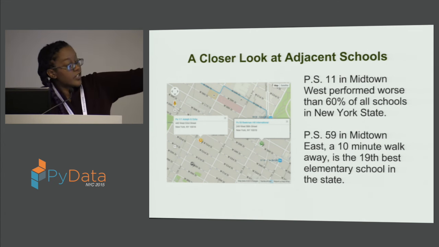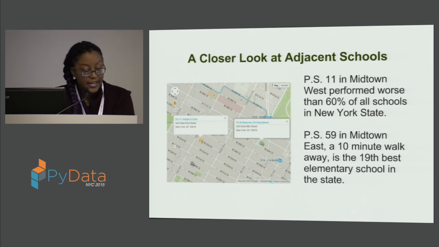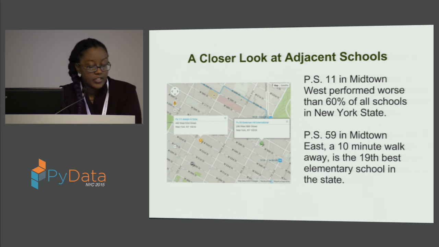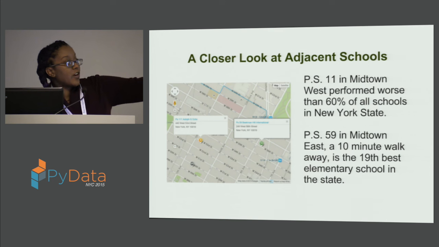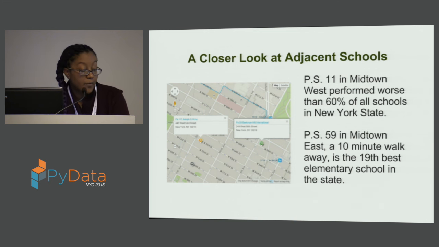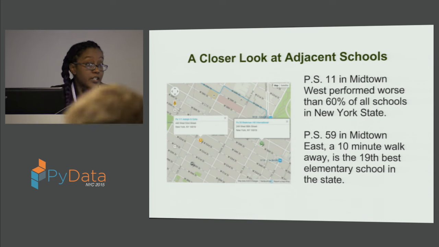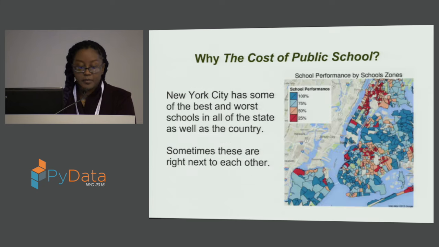PS 11 here in Midtown West performs worse than 60% of schools in all of New York State, and PS 59, which is a 10-minute walk away, is the 19th best school in the state. So this raises a lot of issues for the community, especially when the Department of Education proposes changes in boundaries. For example, if the boundary between these two schools were shifted a couple of blocks in one direction, it would mean that children who had been attending a high-performing school are now required to attend a very poor-performing school. And if we go back to the previous map,